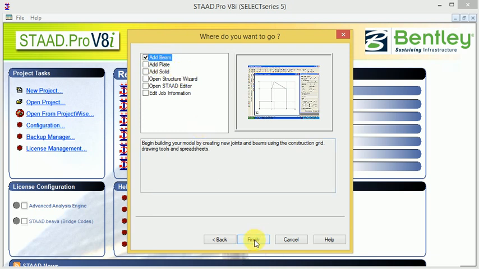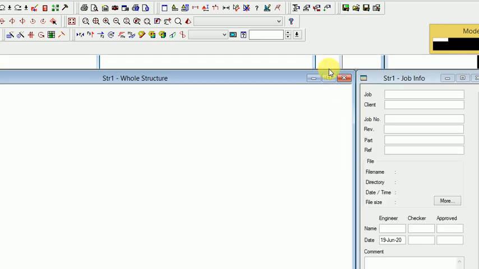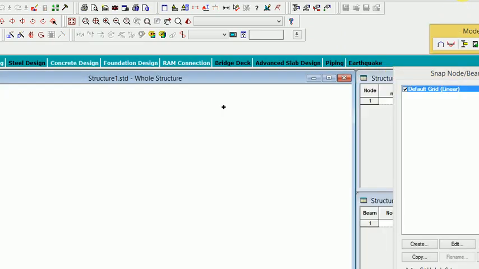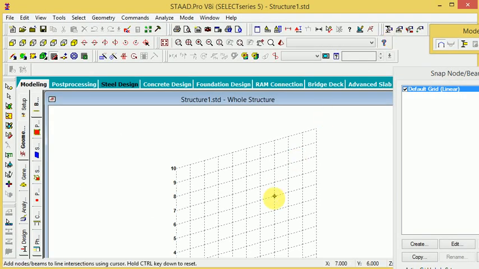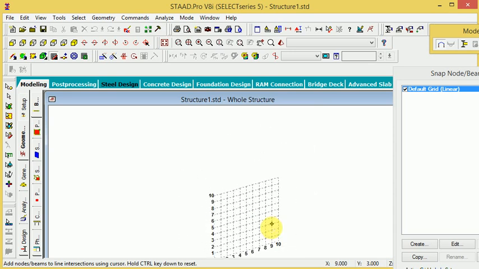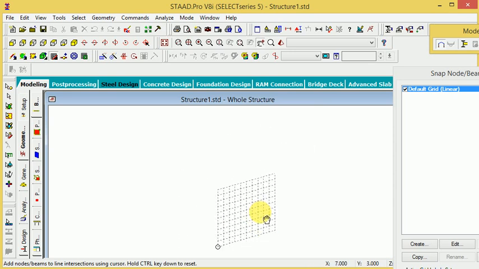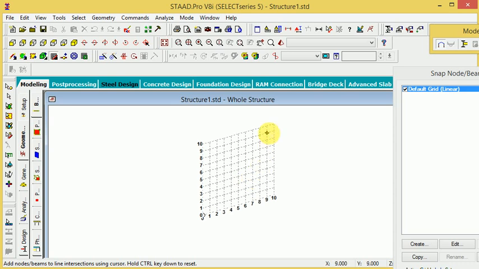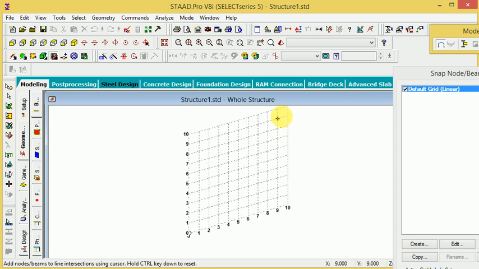So finish add beam, and look at this here, the graphical method, but I want member incidence. So first of all, here the start editing,